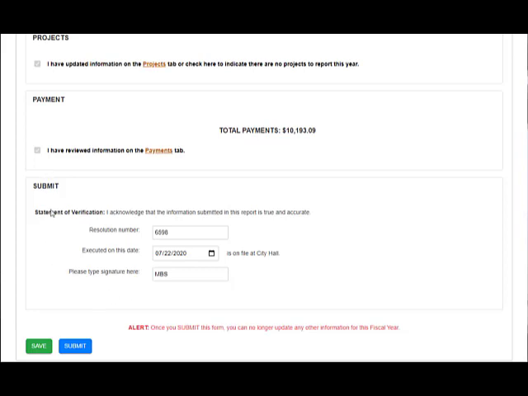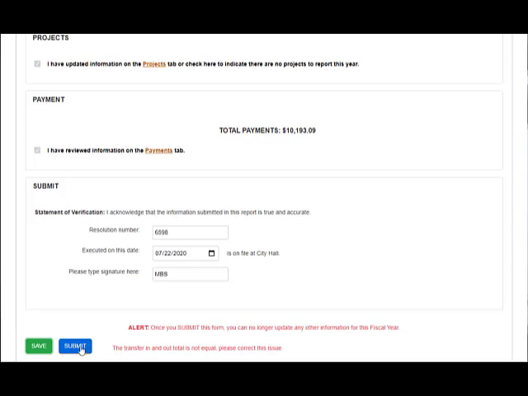Once you have filled in everything on this page, you can save it for later. I currently cannot save it because I still have errors on this page, so it's not going to let me save anything. I can save it and close it and come back at a later time once all of the errors are gone from this page and everything is filled in. When you're ready to submit, come back to this page, review it one more time, and go ahead and hit